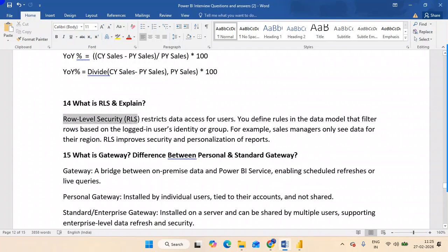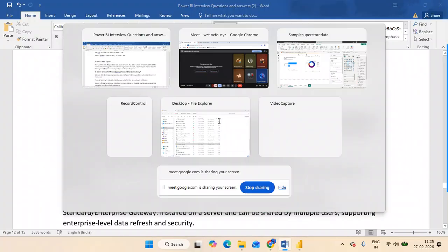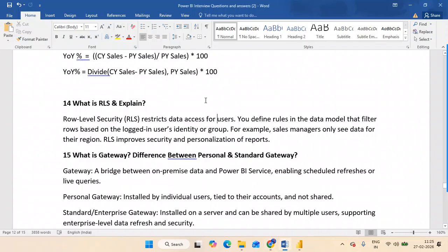Row means for each and every row, for every user, we can give security. For example, we have a team, so we can give the team name and give access, so that when you log in you only see your team's data. When people from another team join, they can only see their own data. That kind of security we provide to our data. So that is row level security.